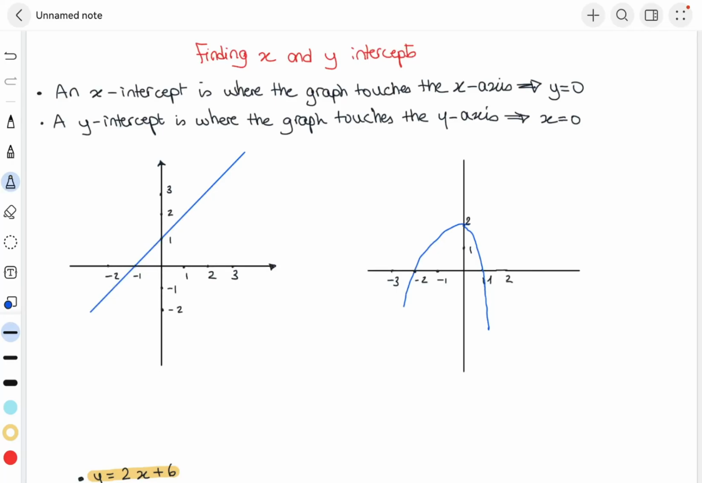Today, we will be talking about how to find the x and y-intercept of a function. An x-intercept is where the graph touches the x-axis, where y will be equal to 0. And a y-intercept is where the graph touches the y-axis, which means x will be equal to 0. Now, let's try to get from the two graphs that we have here,